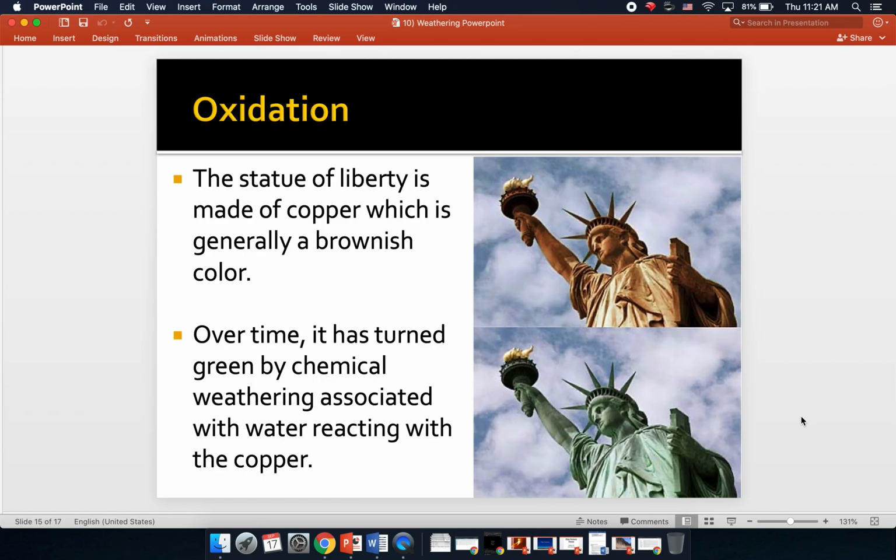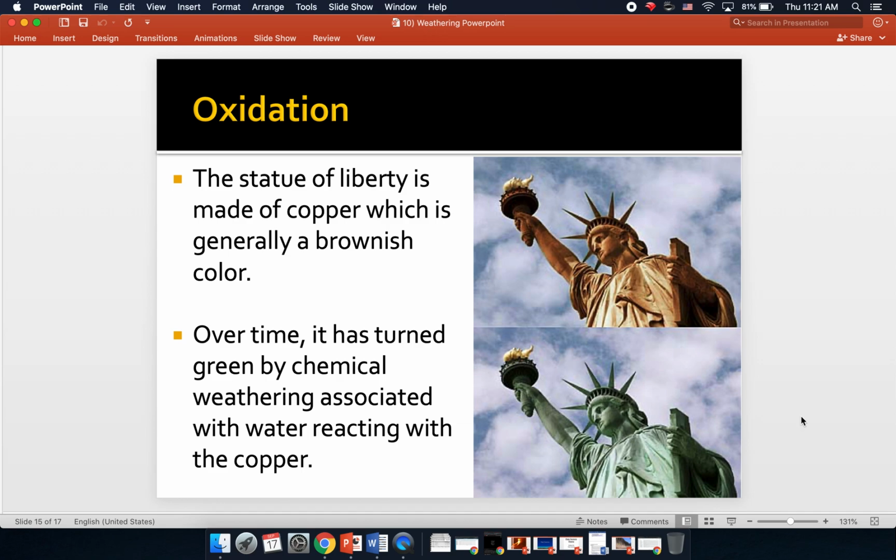All right, oxidation. Here's a good example of oxidation. The Statue of Liberty, which is made of copper. All right, we know copper is usually a brownish kind of color. But over time, that brownish color is turned green by chemical weathering associated with water reacting with that copper. The Statue of Liberty now has what we call a patina on it, and it's the result of oxidation of